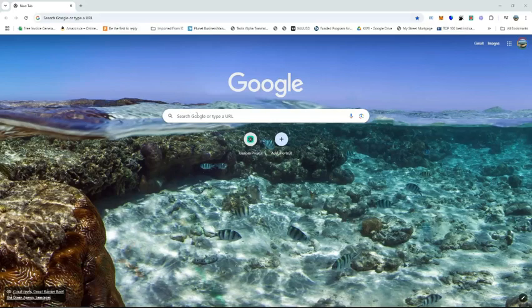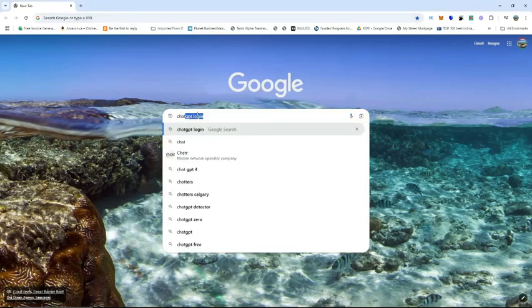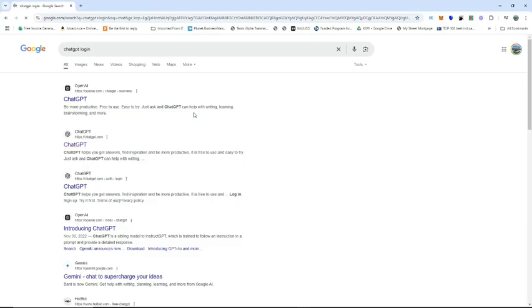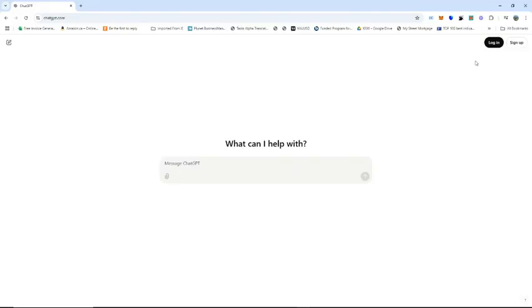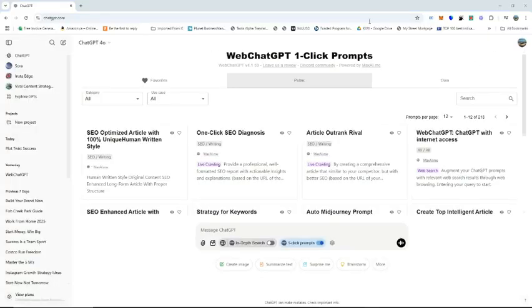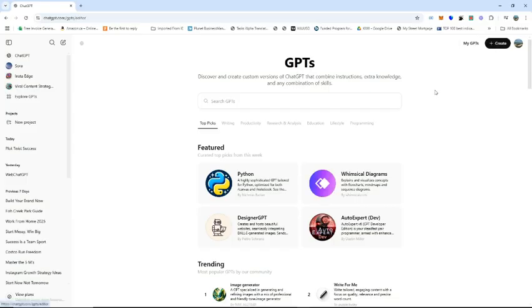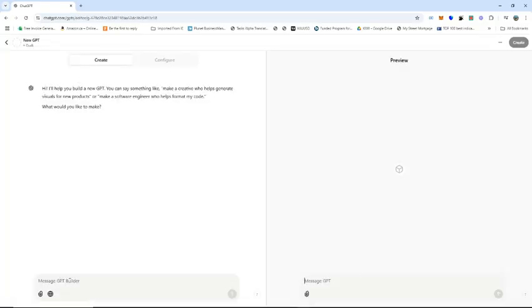All right, so you want to go to ChatGPT. So let's log in. You need to have the paid version first. So it's not going to work if you have the free version. So once you're logged in, you'll go to Explore GPTs, and here you're going to go to Create. So this is how you're going to start building your own little assistant, your AI bot, like I like to call it. And you can say,